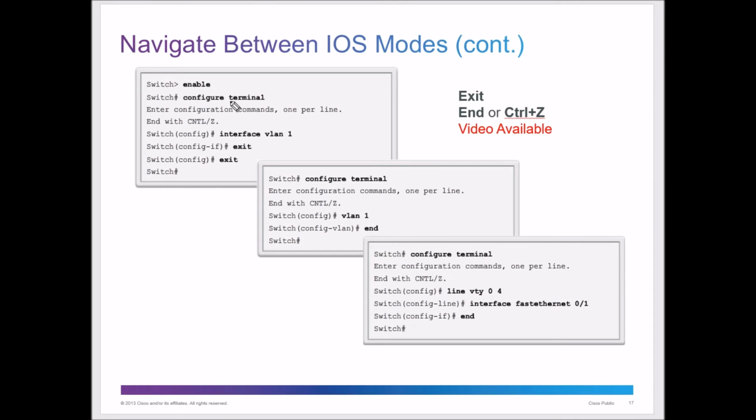So we have user exec mode and privileged exec mode. You would then go in, you can type interface VLAN 1, which gets you into your interface. Exit always brings you out one level. You can type exit, you can type end, which will take you all the way back to the privileged exec mode area. Or you can do Control Z. So there's different commands there, and you'll memorize those as you go through.